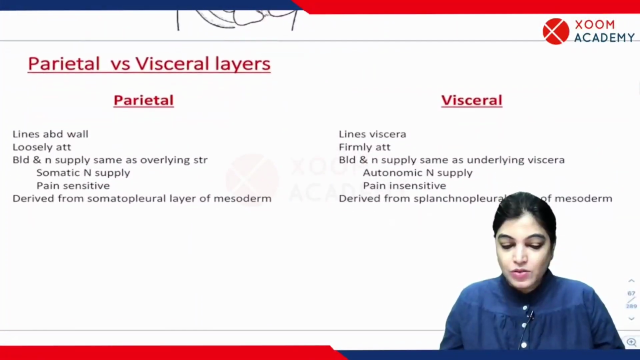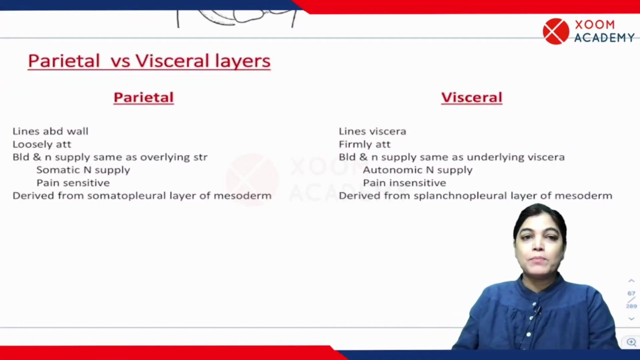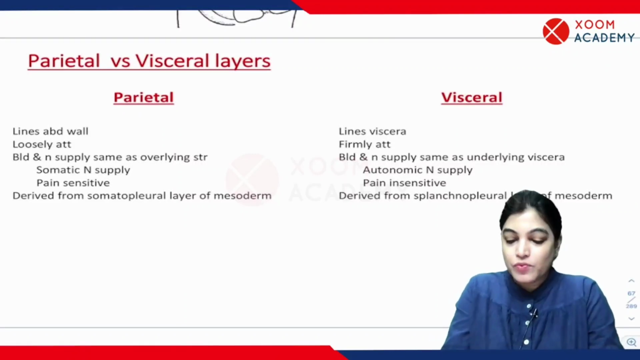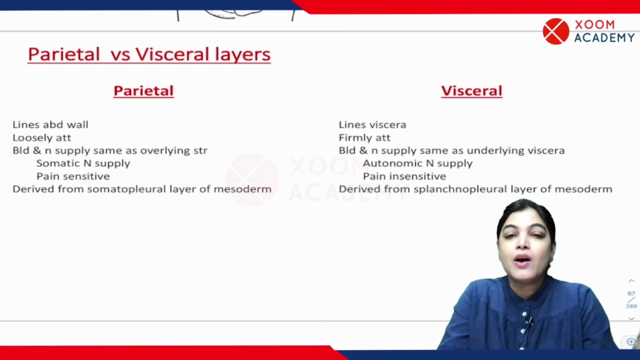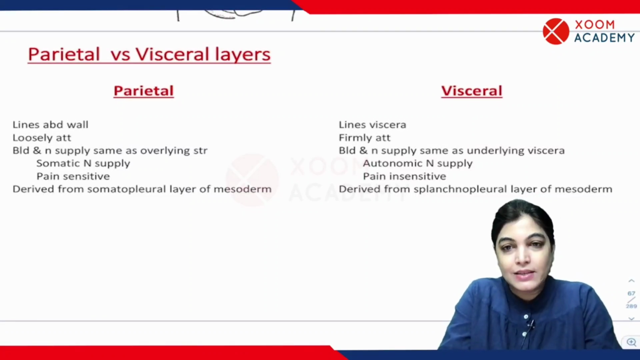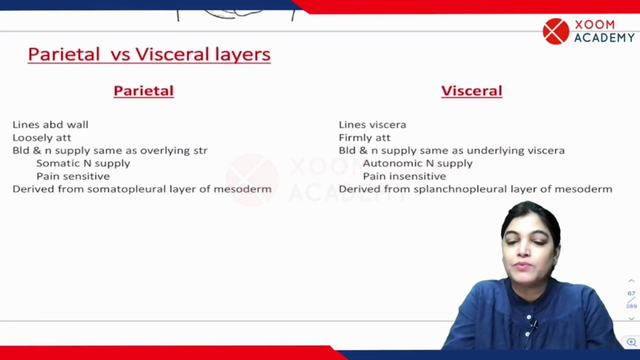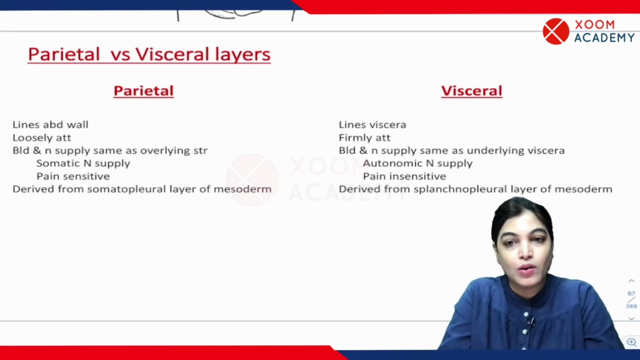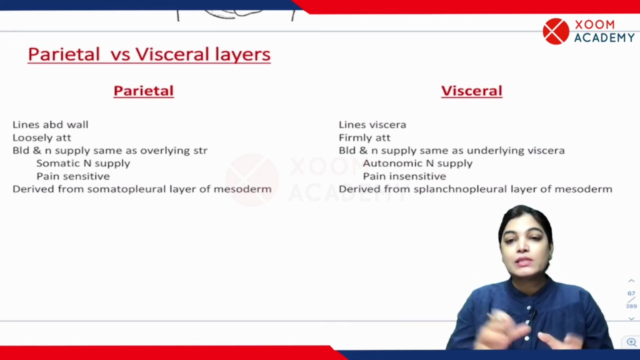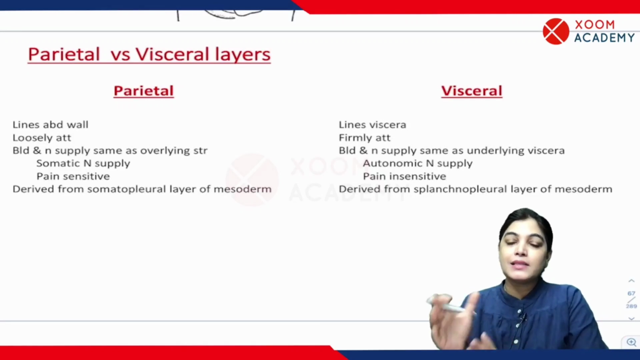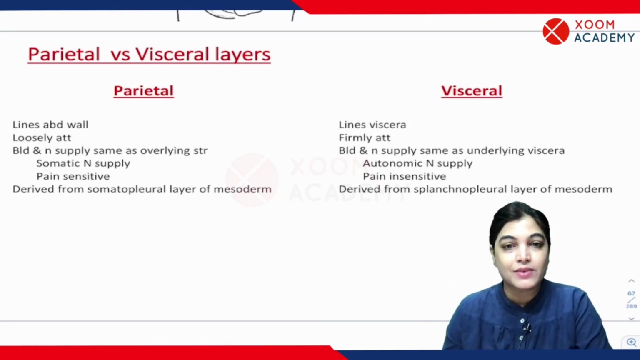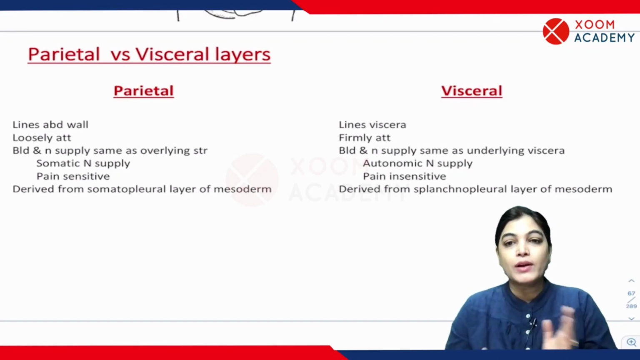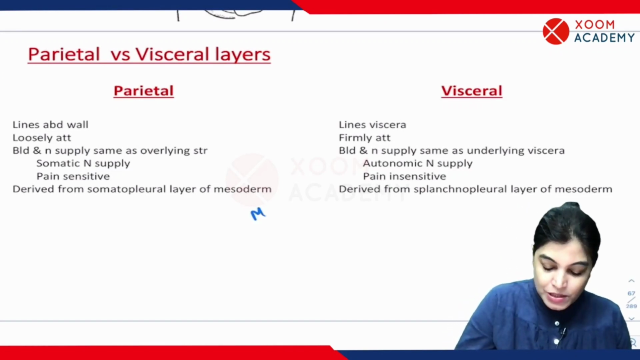Now, let's talk about the basic difference between the parietal and visceral layer of peritoneum. So, when you go for cadaveric dissection, you will find that it's very easy to remove the parietal peritoneum from the interior of the abdominal wall or pelvic cavity. It is loosely attached in comparison to the visceral peritoneum, which is adherent to the surface of organs and the viscera. The other important thing which is very important for your MCQ is